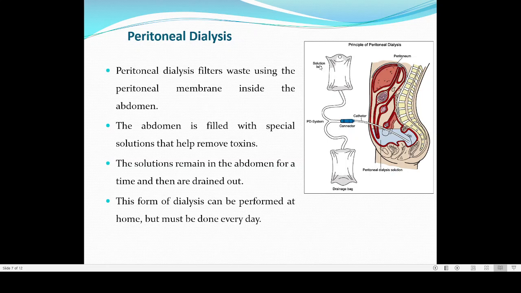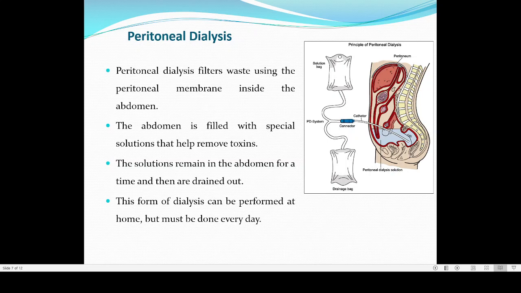So here you can see that there are two bags. The first one is the input solution, and from this bag we use a small syringe, which will be connected with a tube. Here we will be injecting a needle into your abdomen, and it will go deeper into your abdominal cavity, and we will be putting a tube also, and this tube can be connected with two tubes. One is for the input solution, a solution of equal salt concentration as human